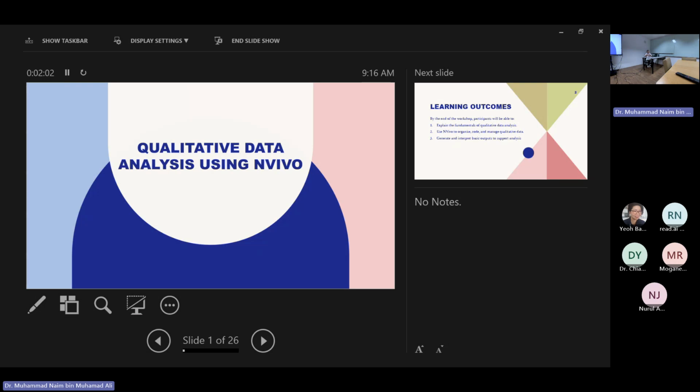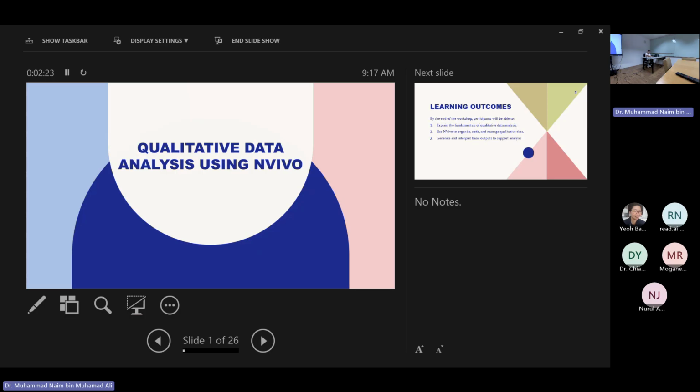However, UOW did not take the AI assistant feature when they bought NVivo, so we don't have that feature. I wish I could show how to use the AI assistant because it is very easy to use and very helpful for those who are still studying and doing research.